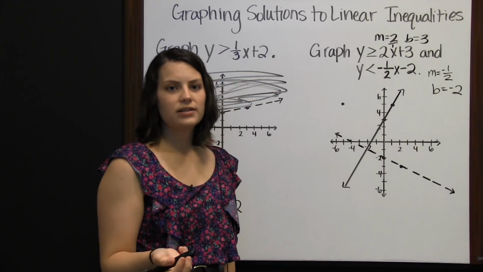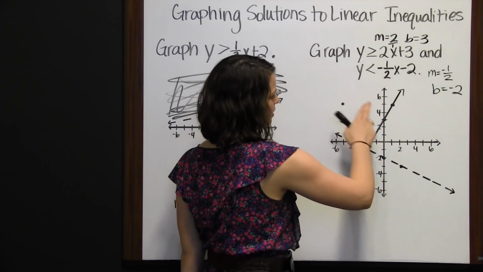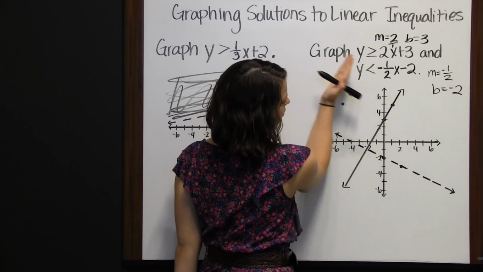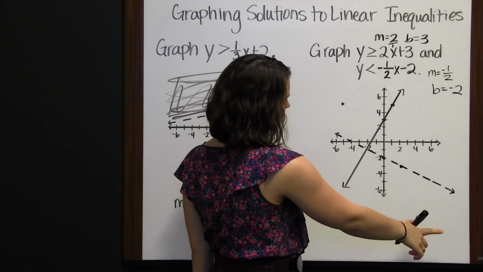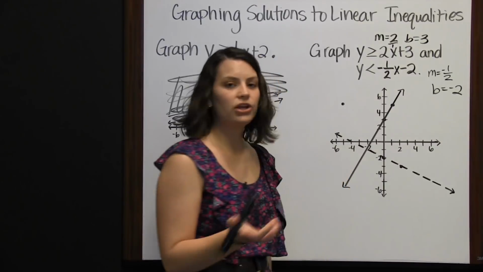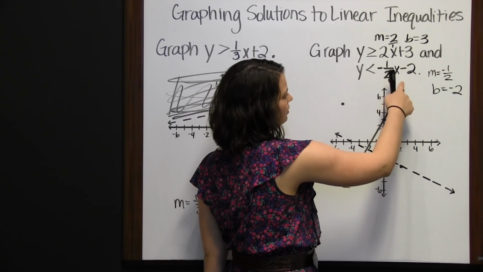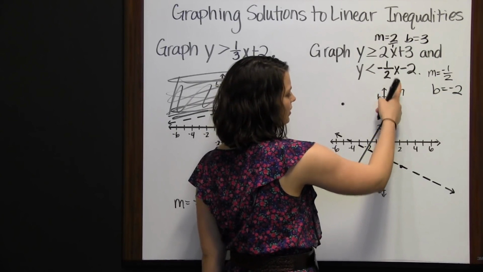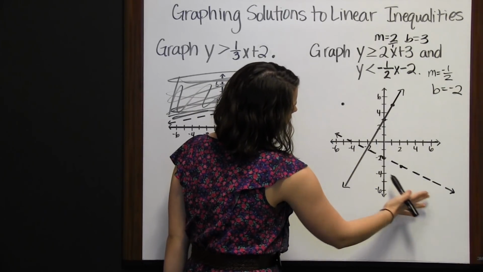So now that we have our two lines crossing, we've actually created 4 regions. We have this region, this one, and this one. For our first line, this region was what was shaded. So now we need to see where we're shading for our next line. Is it above the line or below this dashed line? Again, I'm just going to use 0, 0 in order to check. So negative 1/2 times 0 is 0. 0 minus 2 is negative 2. So is 0 less than negative 2? It is not. So this is not where we're shading for this one. We're shading down here in this region.